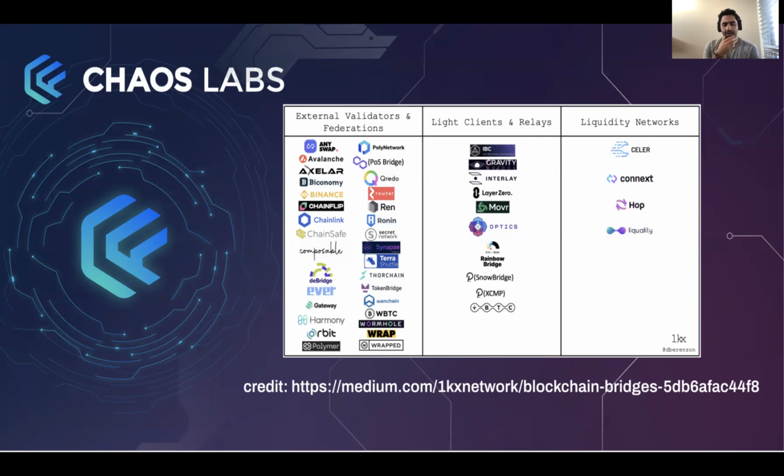There are a lot of these. The ones that we're going to focus on a little bit today are Anyswap, Wormhole, Thorchain. But these are predominantly the types of bridges that you see out in the wild. Usually any project which implements them also caveats and says that, okay, we're doing this to get started, just to bootstrap liquidity or the ability to communicate between bridges, but we are looking to move towards a more decentralized model.